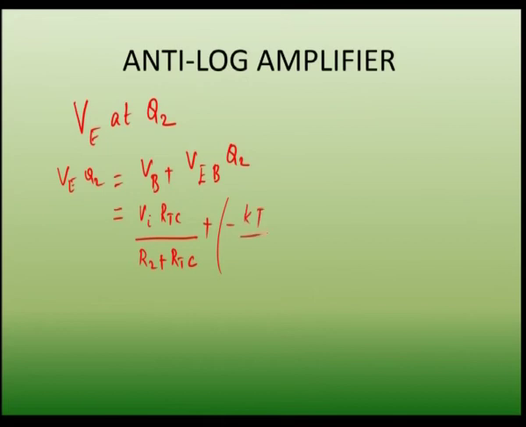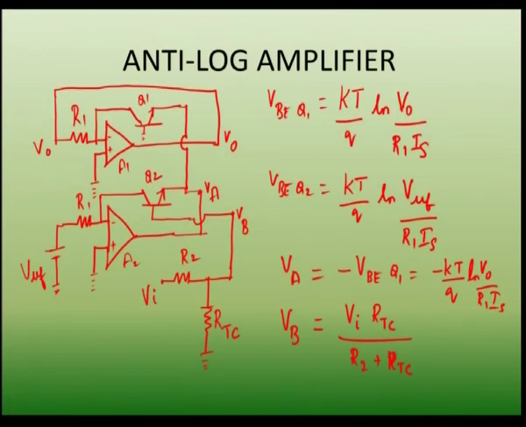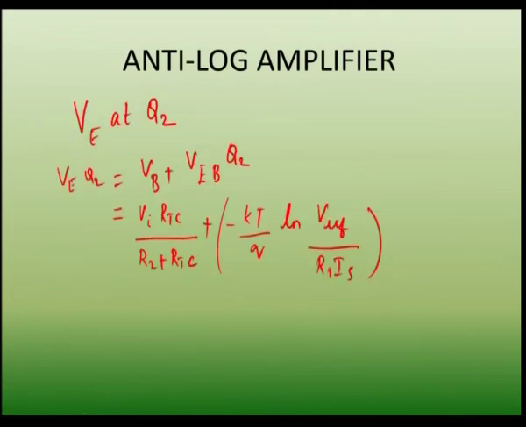It is minus KT by Q natural logarithm of V reference by R1 into IS. What is this VEQ2 when you see the circuit? It is nothing but this voltage VA. So, you can replace VEQ2 by VA, and what is VA? We have calculated here. It is minus KT by Q natural logarithm of V naught by R1 IS. So, I am just replacing this VEQ2 as VA and substituting the value we have calculated for VA,